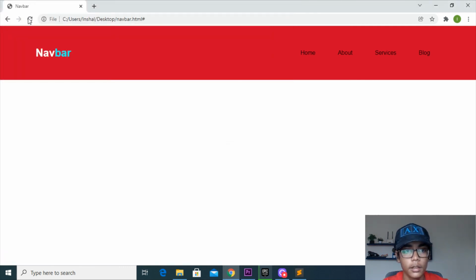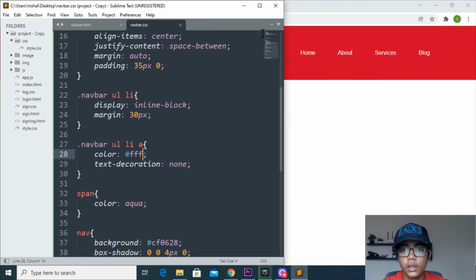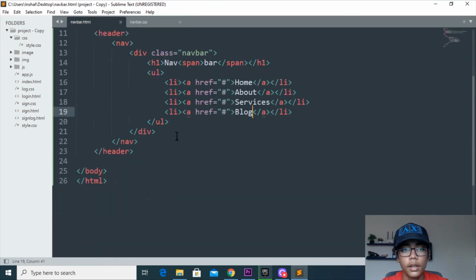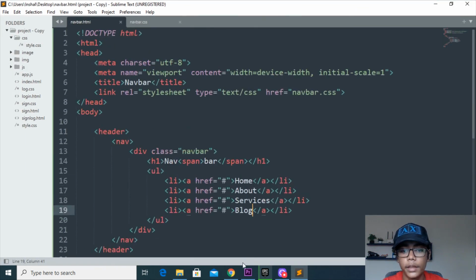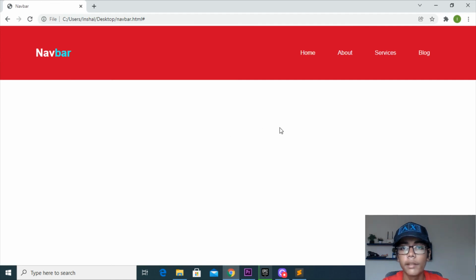Save again, refresh that. So you can see everything is good, and we are getting our simple nav bar. You can see how good looking that is. We are getting all the things on the nav bar. You can also give a background image here if you want, but I am not giving one because this video was about the simple nav bar which we want to make. It is done. You can see all the code is here, and here also. So we have just made that. Like that you can build this simple nav bar in HTML and CSS.